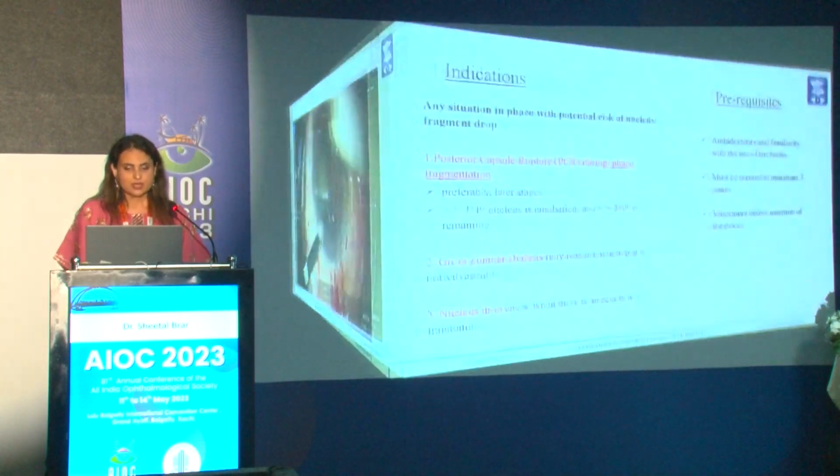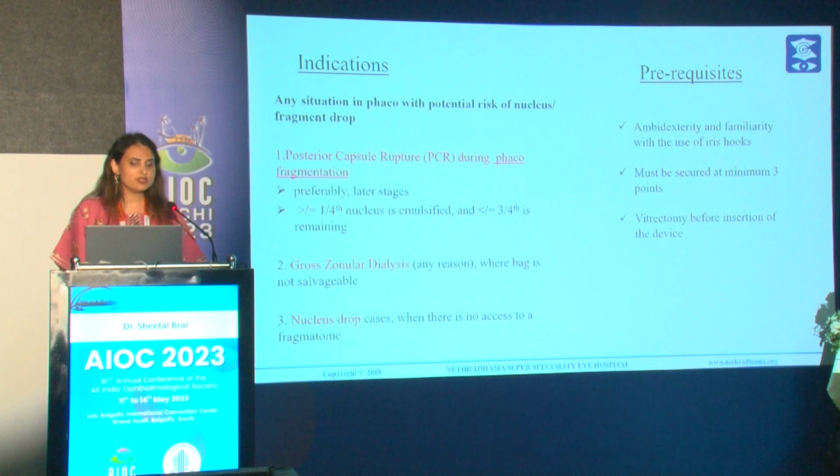fragment. So indications would be any situation in phaco with potential risk of nucleus or fragment drop, gross zonular dialysis where the bag is not salvageable, or a case of nucleus drop being handled by a retina colleague where there is no access to fragmentome. Prerequisites: you definitely need some amount of ambidexterity and familiarity with the use of iris hooks, must be secure at 3 points, and if there is vitreous, you need to clear the vitreous before